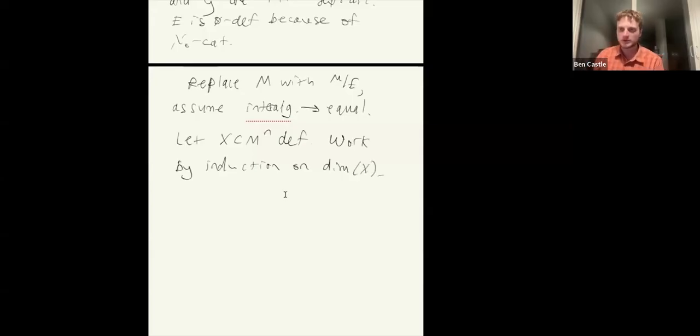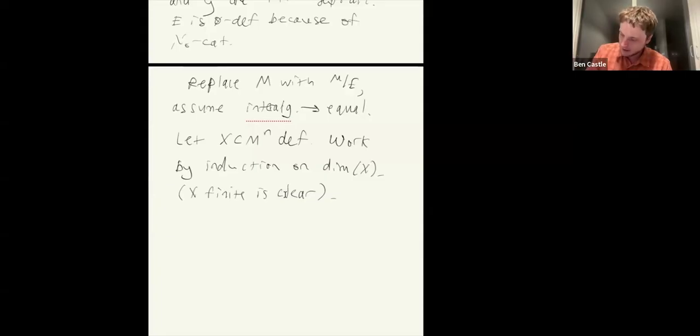So we assume that we've covered all the previous dimensions. Notice that the case that X is finite is clear, because every finite set is definable from equality. And we assume that all the smaller dimensions are done, and now that X has dimension at least 1,